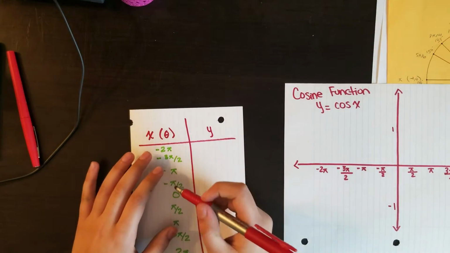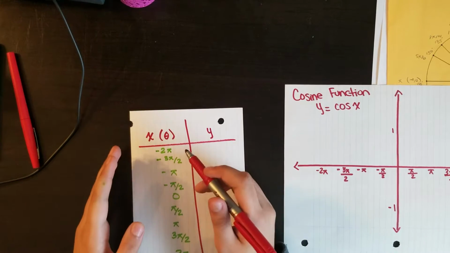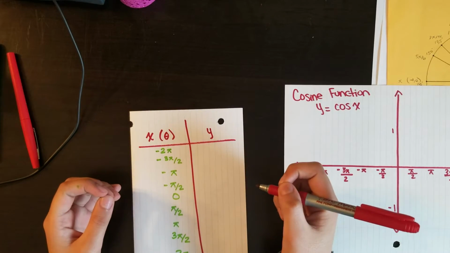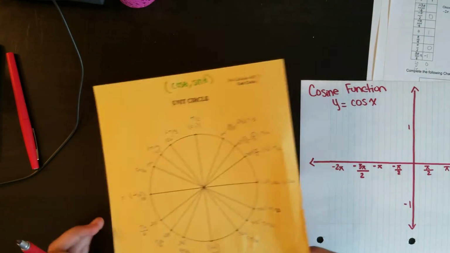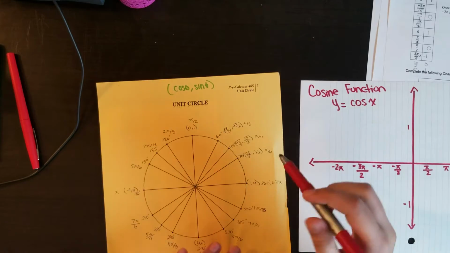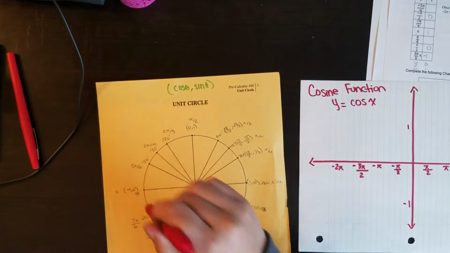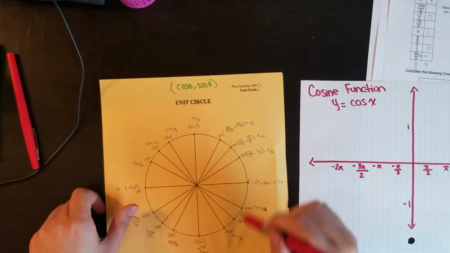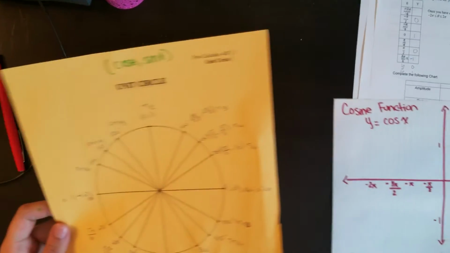And in this case, our x-axis is dealing with theta values, so angle values. So we're going to pick points off of our unit circle that are angle values. So on my unit circle, I'm just going to pick and choose points. And I'm going to pick points like 0, pi over 2, pi, 3 pi over 2, 2 pi. And I'm going to do one full positive rotation and one full negative rotation, so we can get 2 periods